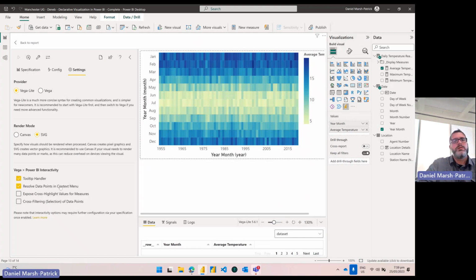Tooltips are free and context menu is free. So I can right click on this point here and I could include or exclude it. If I had a drill through, it would work because it knows the context. We don't have to do anything for you, so we turn that on. Tooltip handling, you'll notice I don't get one. But we turn it on passively